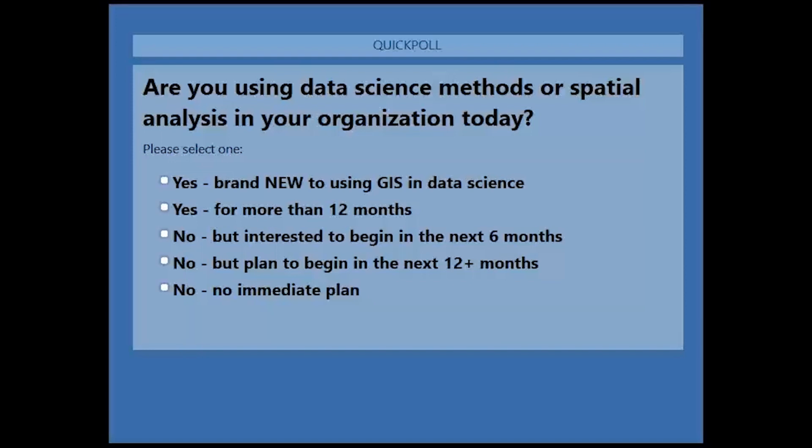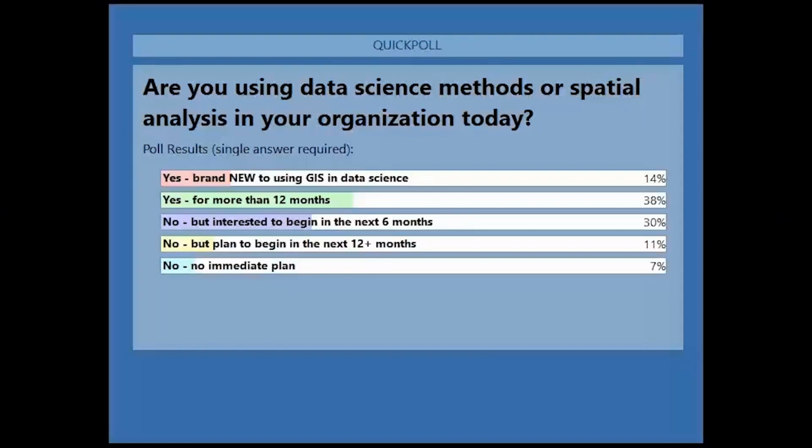So yes, you're using it. You're brand new to GIS and data science. Yes, you've been using it for more than 12 months. No, but you're interested to begin in the next 6 months. No, but you maybe have plans to begin within the next 12 plus months, or no, you have no immediate plans. All right, so it looks like 38% of you, yes, you've been using it for more than 12 months,